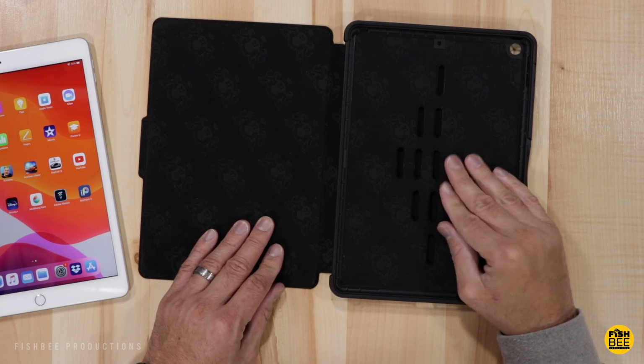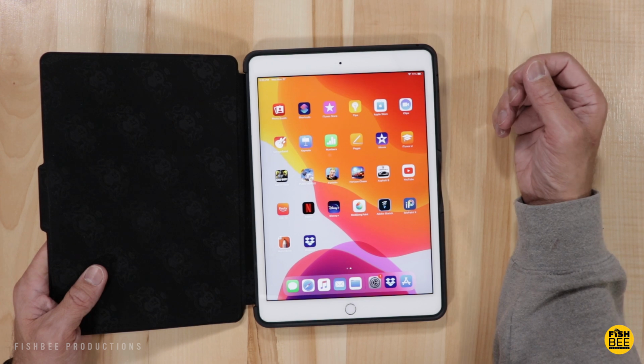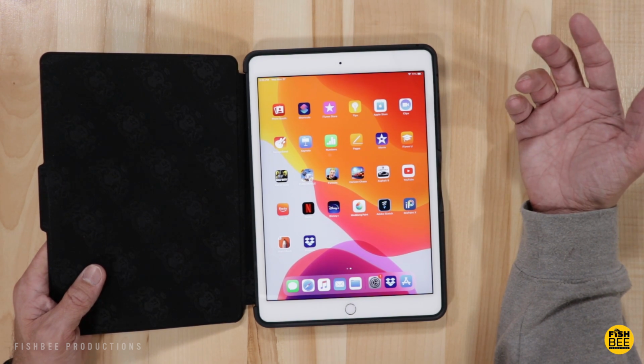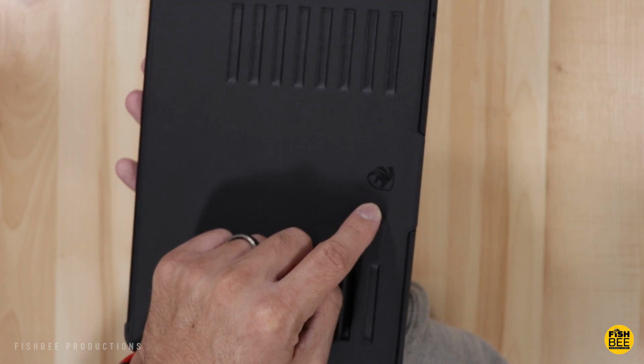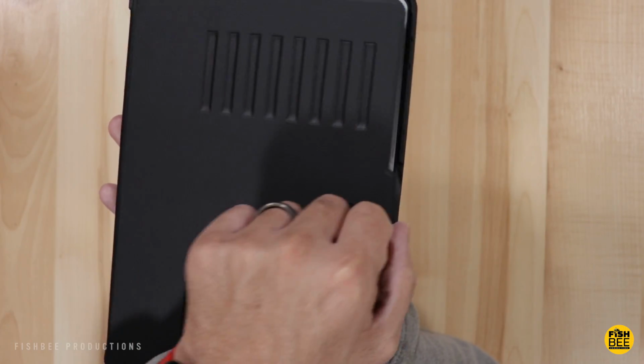And it's got a nice little elastic sleeve here on the back to store your Apple Pencil. On the inside is almost like a velvet, really soft material, and the back part that it actually snaps into is not a hard plastic, but it's more of a hard TPU material. So it does have a little bit of flex to it, and it does have a pretty strong magnet here to keep the front closed,